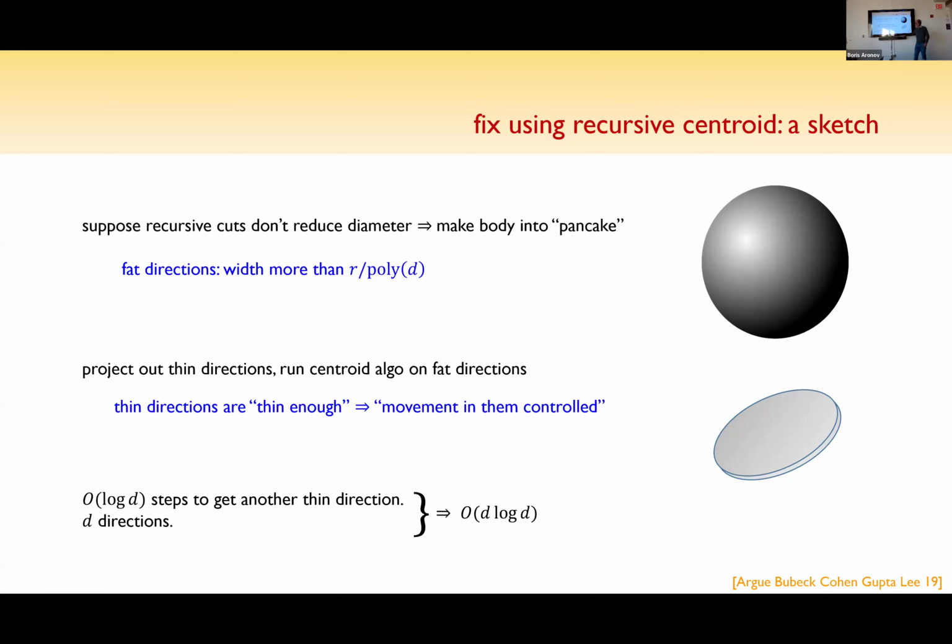So here's the general idea. Start playing the algorithm, just halving the volume. Either you reduce the diameter, in which case you're great. Otherwise, after some order log d steps, you'll get a thin direction. Project that direction. For each of these log d steps, you paid 1 at most. Okay? Now on the lower dimensional space, play the thing again. Then each step now requires you to play a recursive problem on a much, much tinier one. Not going to cost